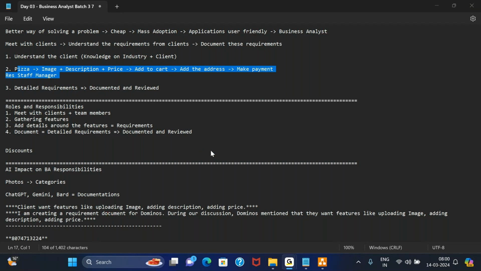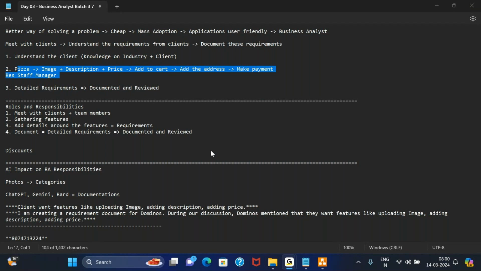Okay. So usually I recommend everyone that based on your current experience, you should be writing down the projects. Suppose you are currently working in the IT industry for a banking client, as a QA or as a developer.